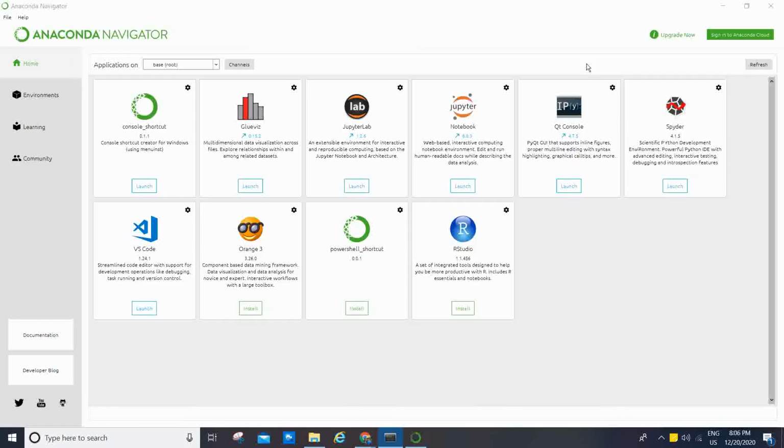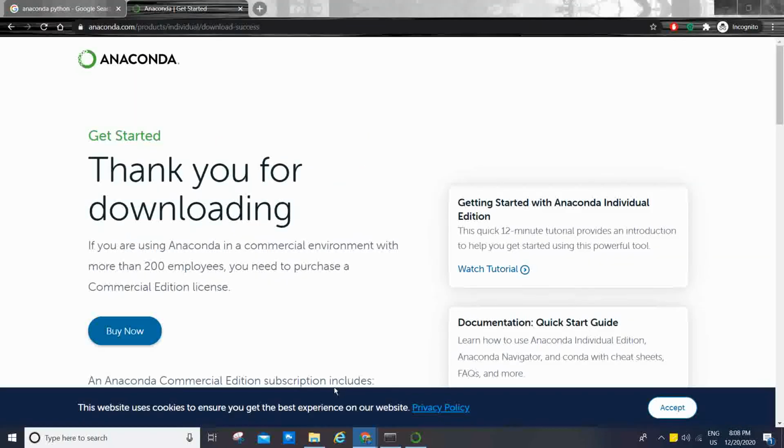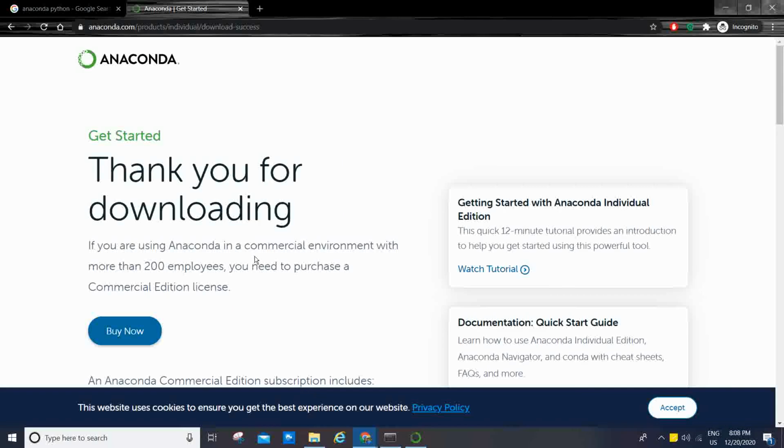Now if you see here, Anaconda Navigator, we have different applications that you can use, like Spyder, Jupyter Notebook, Qt Console, JupyterLab, Anaconda shortcut, and VS Code is also there. If you want to install other applications like Orange 3, PowerShell shortcut, RStudio, then you have to click on install, and it will install into your system. Since we have already installed Spyder, click on launch, then it will launch Spyder.